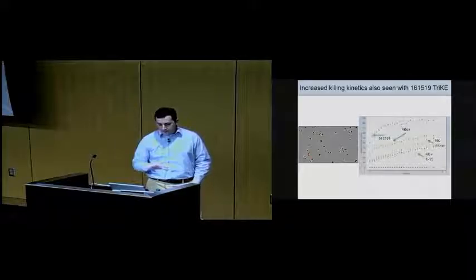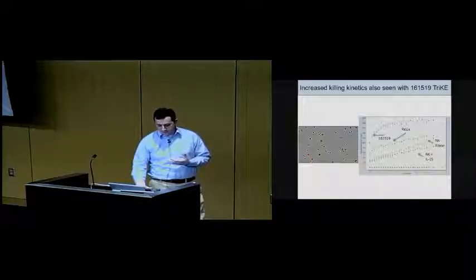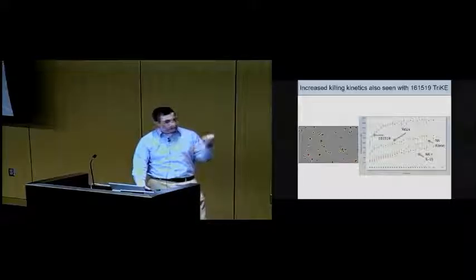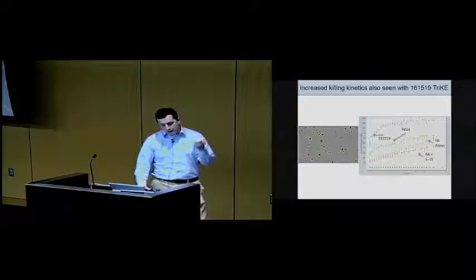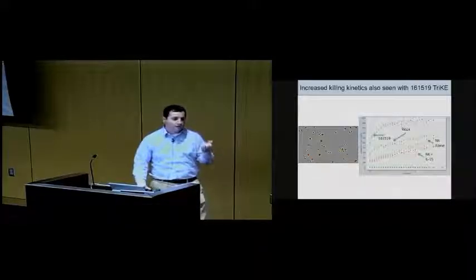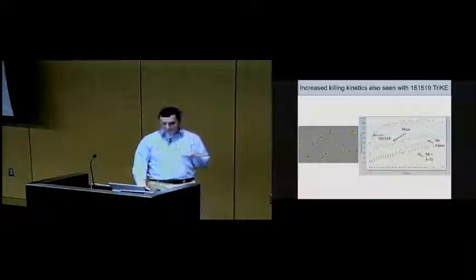We've just bought a new piece of equipment, an IncuCyte, soon in the lab, and we can see similar things in these assays. I'm just going to let this run, but in this assay, we're looking at 16, 15, 19 TriKE, and we're looking at Raji targets, so B cell targets, which express CD19. We can label the B cell targets, and we can add a dye which turns the cells green if they're killed. So what you're looking for is yellow cells. Yellow cells are tumor targets that have been killed. And the movies are nowhere as pretty in this one, but